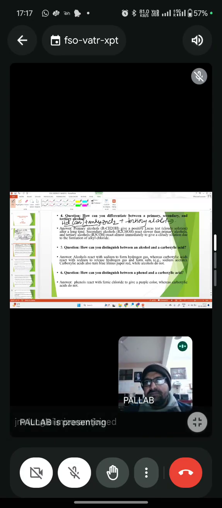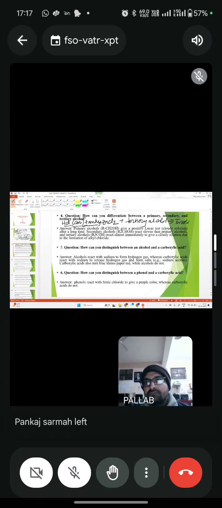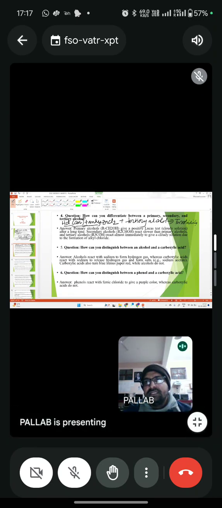this will give us turbidity immediately. When you use it, we will get the turbidity immediately. But when you use the secondary alcohol,